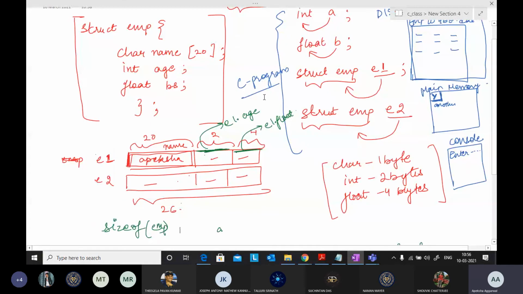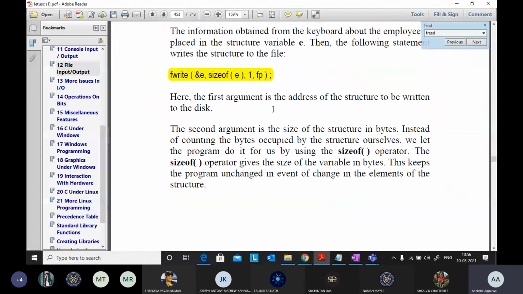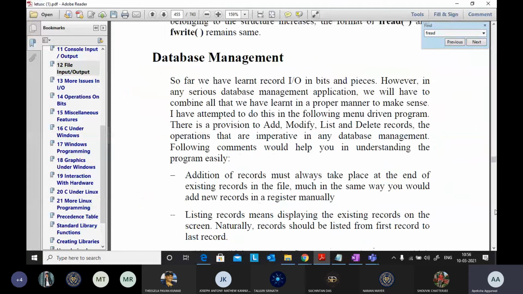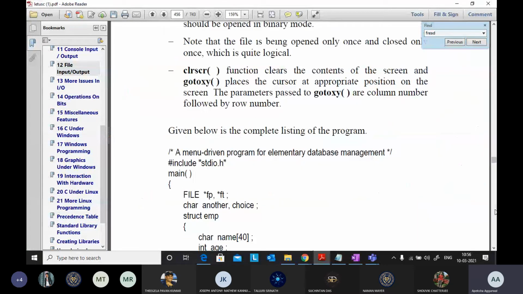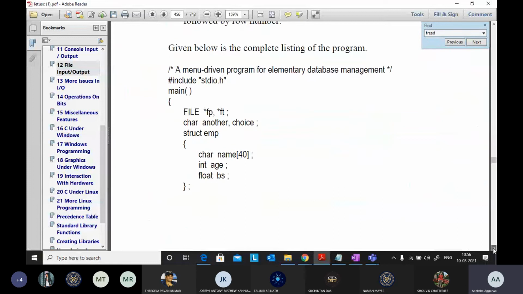And the file pointer is the file you want to store to. E is the source, FP is the target, size is how many bytes you want to store from E to FP, and 1 is the number of records. So this is the database management program.